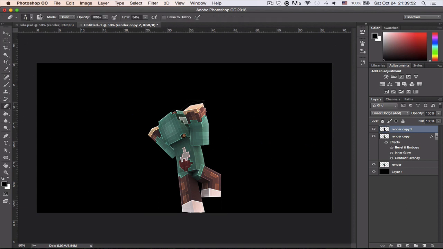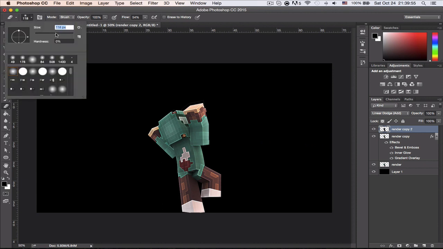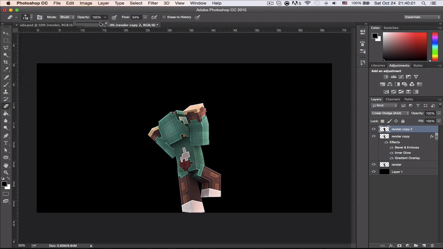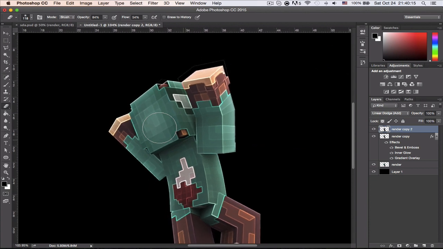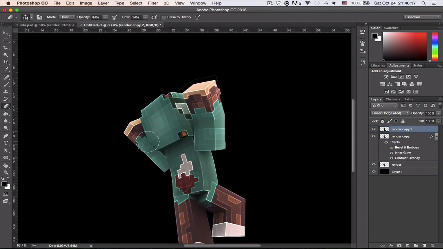And now you can just erase everything. You can just set the brush to like 120, 110, set the opacity down to 90-ish, or 80, in this case 80. Now you can just erase, like look at these really glowing edges. You want to erase them because you don't want them to be too high, but you still want them to